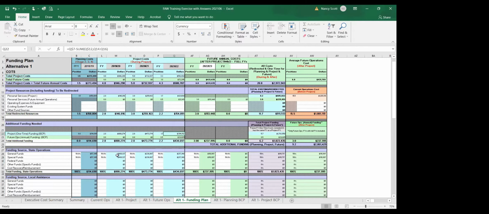So my BCP should match exactly what these are. If they don't, there would need to be that conversation with the Department of Technology and from ITCU to find out why it doesn't match what I'm asking for from a BCP standpoint. Also, in ongoing costs, it's showing that on an ongoing basis, I need that 237,995.